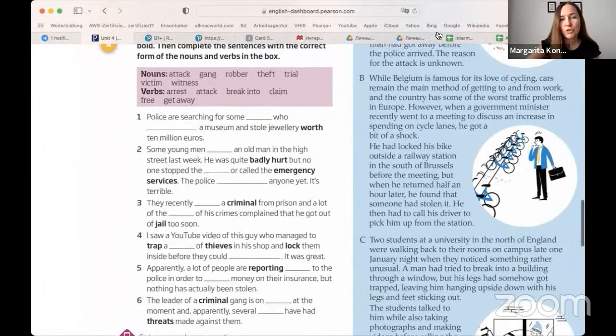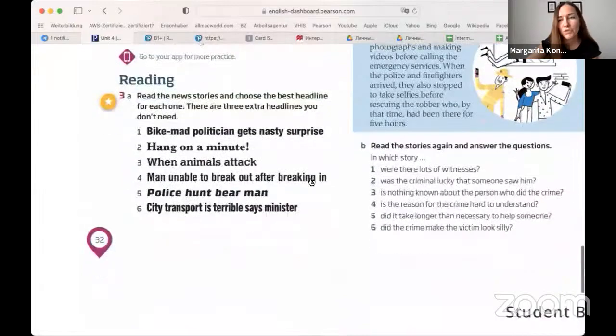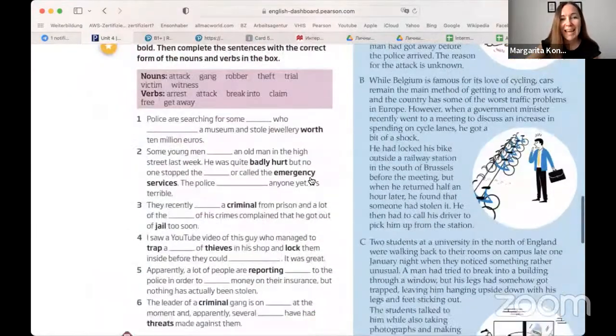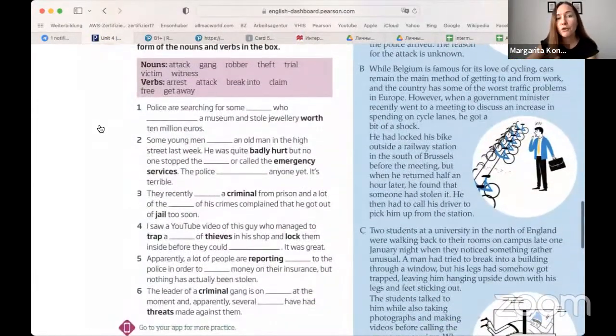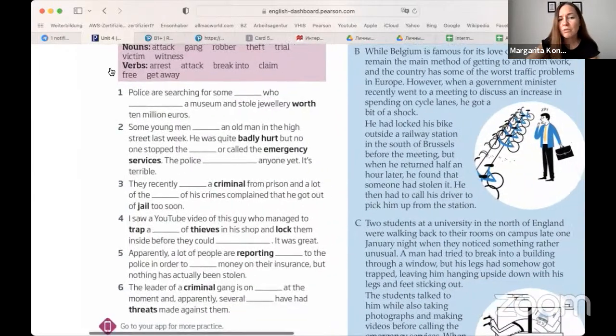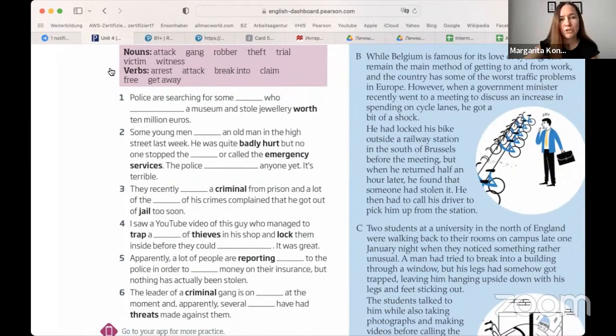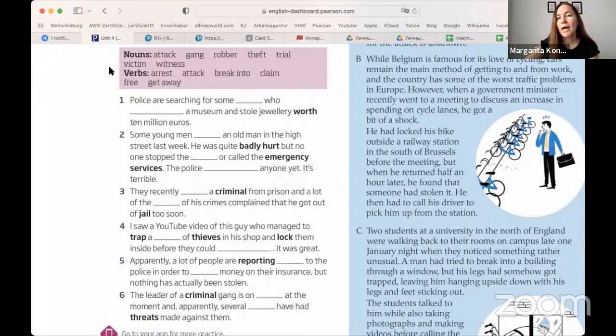I'm going to show you our student's book part. Just a little second. If you're using your book, it's 4B, page 32. And here we go. First of all, I'd like you to look at the nouns and verbs here. Check out which ones you know. I'm sure you might know some of them, right? And ask me if there are any new ones. Let's start with nouns. So can you look through the nouns quickly?